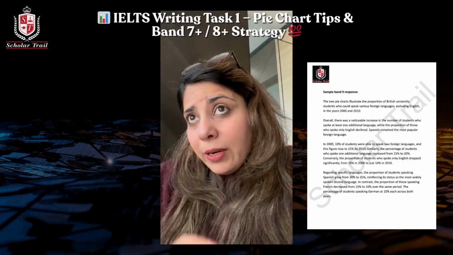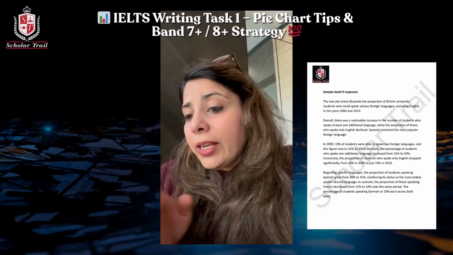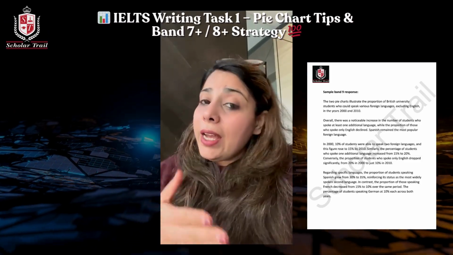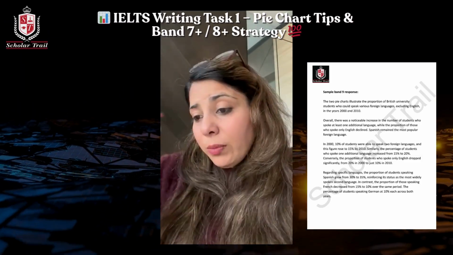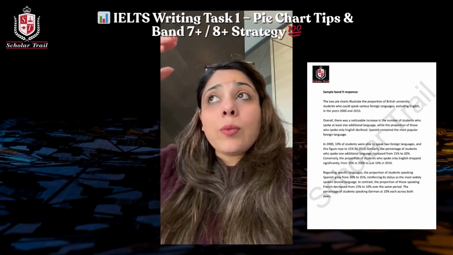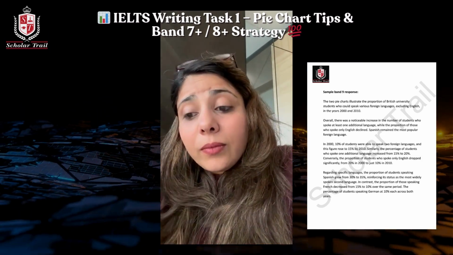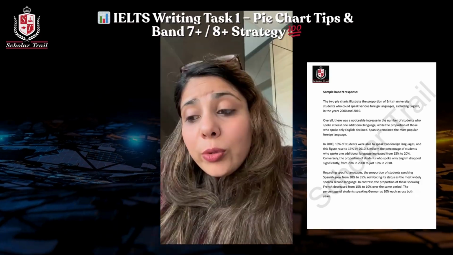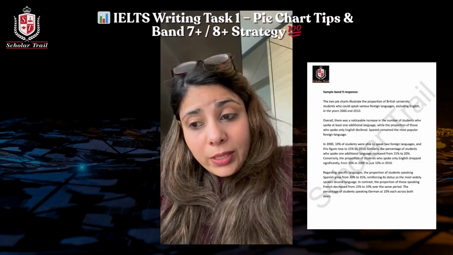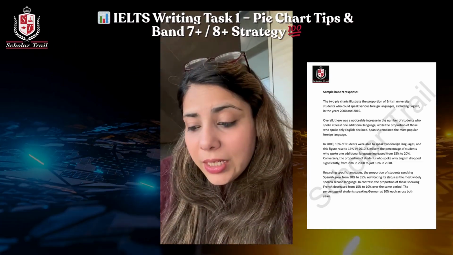I'm just going to read this paragraph once again to help you understand what it means. If you look at the graph again simultaneously, in year 2000, 10% of the students were able to speak 2 foreign languages, and this figure, what happened in 2010, rose to 15%. Similarly, the percentage of students who spoke 1 additional language increased, because it was 15% in 2000, but then it's 20% in 2010. Conversely, the proportion of students who spoke only English dropped significantly from 20% in 2000 to just 10% in 2010. And in 2010,